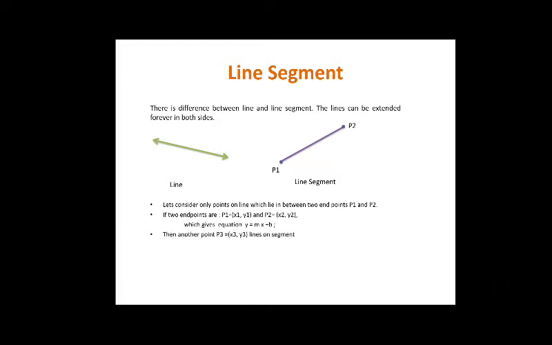Whenever there is a point P3 having coordinates (x3, y3), it lies on the line when that point satisfies the equation of the line. So how is this point satisfying the equation? If y3 is equal to m x3 plus b, then you can say that the point is in between x1 and x2, that x3 is in between x1 and x2 and y3 is in between y1 and y2. So in this way, a point which lies on the line should satisfy the equation of that line.